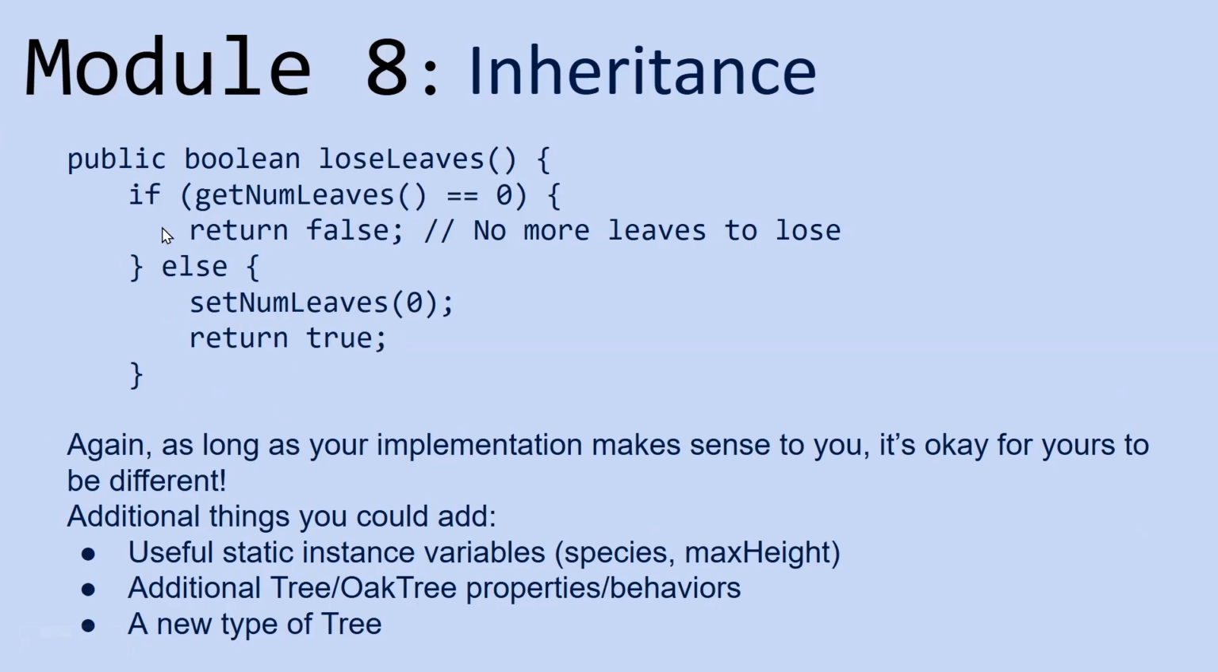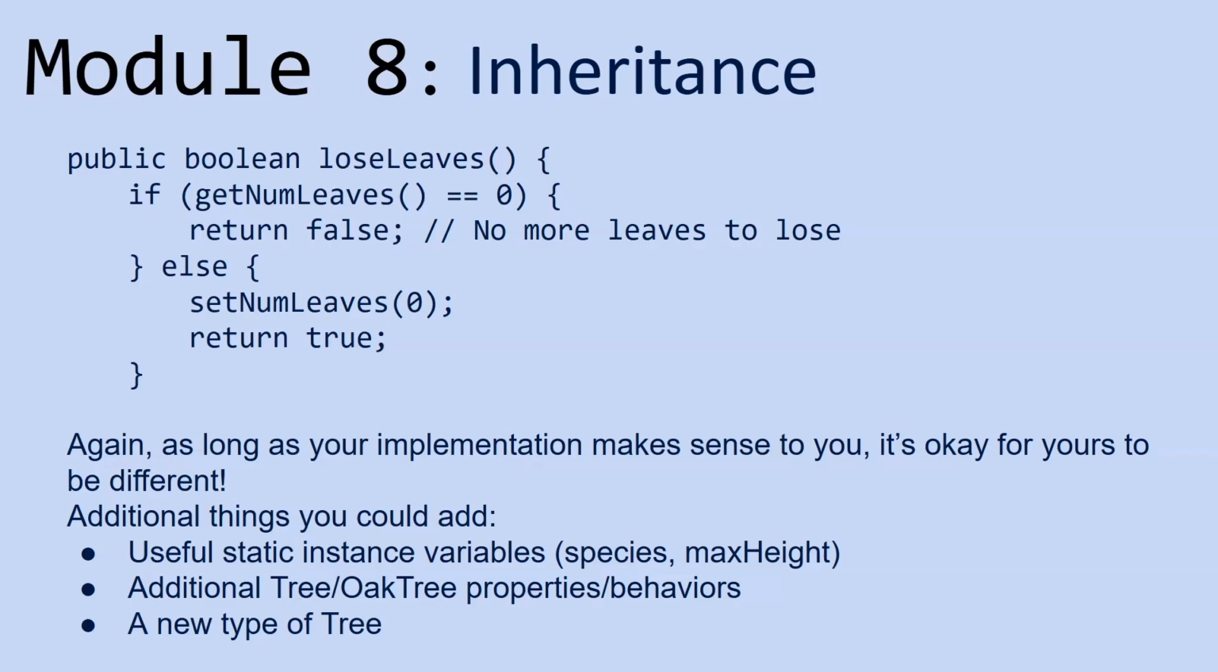And then otherwise, if we have more than zero leaves, we would just set the number of leaves equal to zero and then return true because we were able to lose the leaves of our oak tree. So yeah, again, totally okay for yours to be different. And if you want to add some additional things, more getters and setters would be good. Or if you want to make any of these methods a little more robust, you can also add some